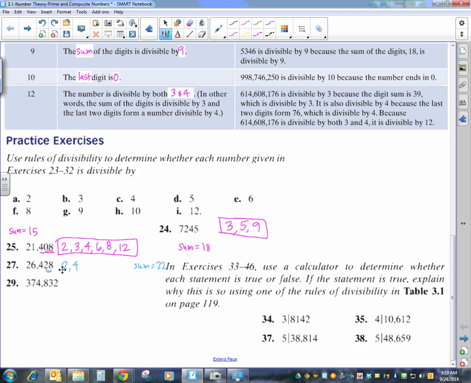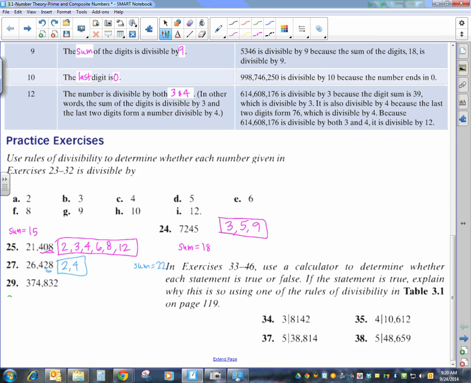6 won't work because I don't have 2 and 3. 8, does 8 go into 428? It does not. 9 does not go into 22, so it's not. 10, it doesn't end in a 0. 12, I don't have 3 and 4, so the only factors are 2 and 4 of these that we have in our list. Okay, last example of that,